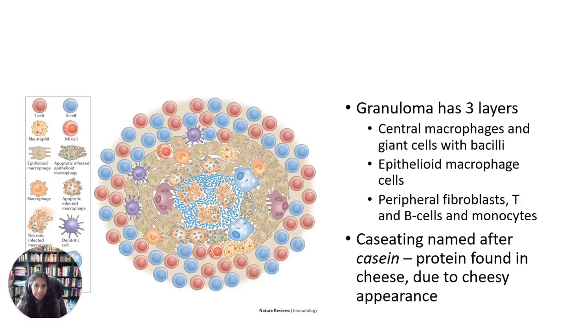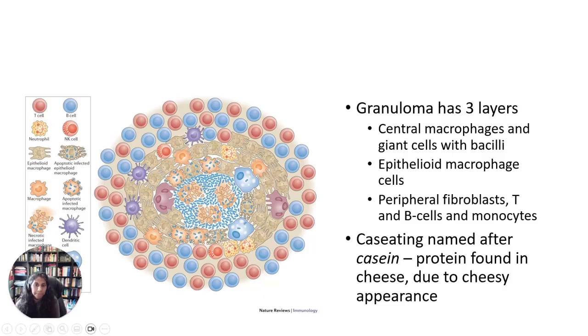When we look at the granuloma, it has 3 layers. At the very center, there are central macrophages and giant cells within the bacilli. Then in the second layer, there are epithelioid cells, epithelioid macrophage cells, and at the very periphery, you see peripheral fibroblasts, T and B cells, and monocytes. The caseating necrosis is found at the center. It is called caseating because it's named after casein, which is a protein found in cheese. When looking at this under the microscope, the center of the granuloma looks cheesy, and that's why it's called